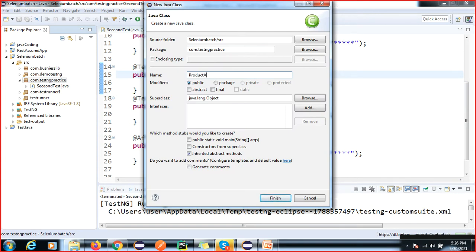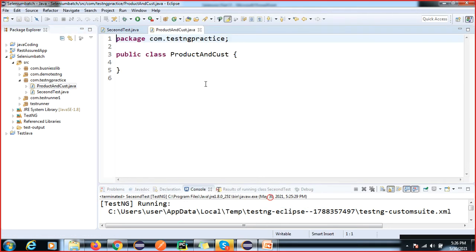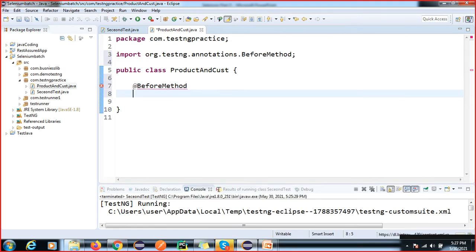Here we can write the before method, public void config, with the before annotation.